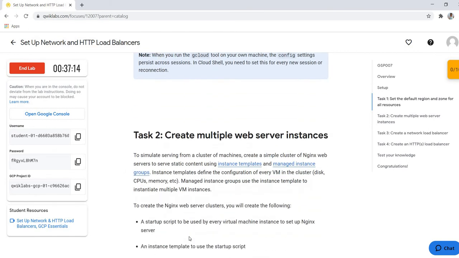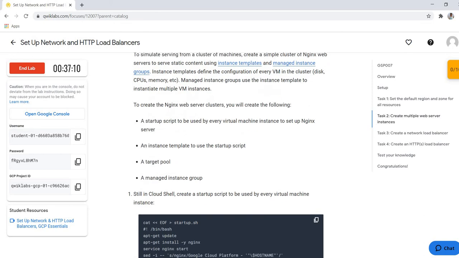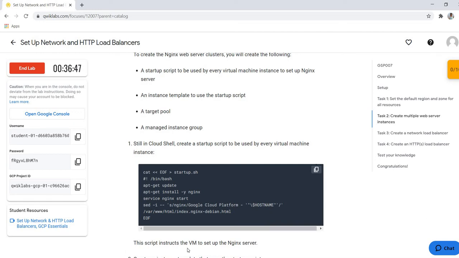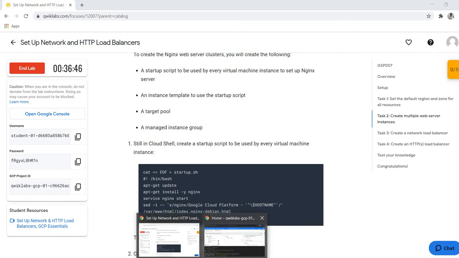In this task, we create multiple web server instances. Here it is mentioned that we have to create multiple web servers. So it is a good practice that we create one template and use that template to create many instances, because if we have a template, it is easy to create lots of instances from it.